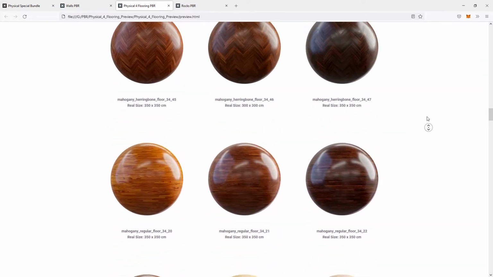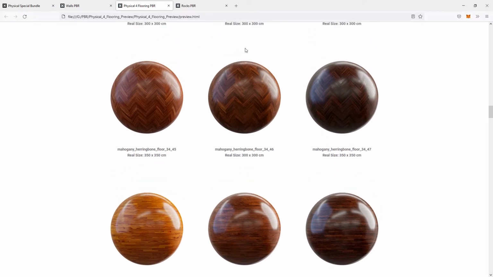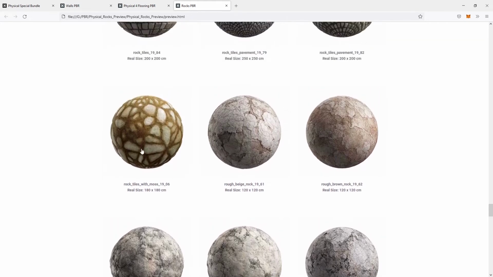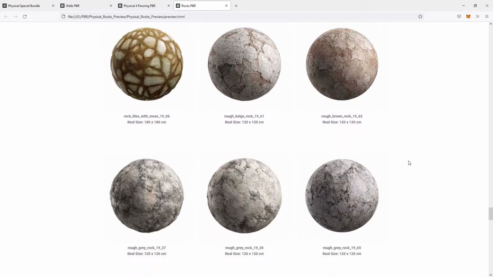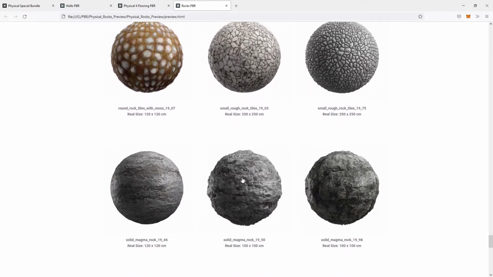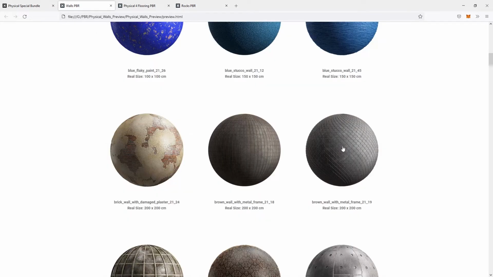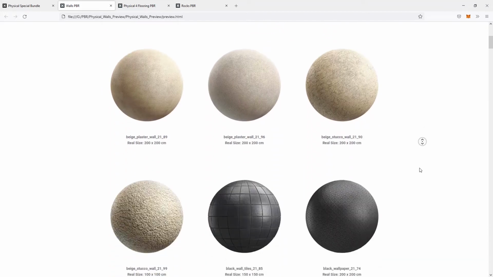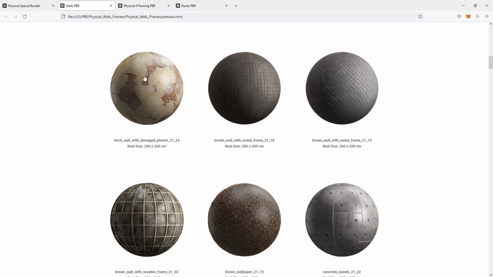So we're not going to use the wood on our model. We've got rocks which we can use on the outside, so we could use that sort of thing as the pavement, or where the cars park, or something like that. I've got to go through it all, and then we come to walls. So what I'm thinking is maybe this one here for the walls on the model,